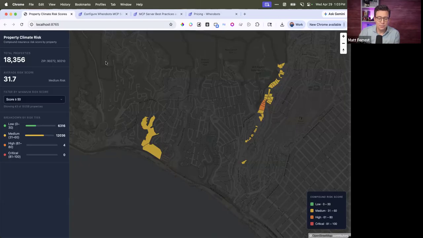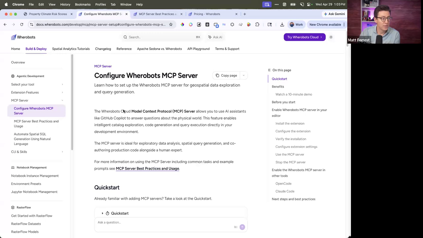And so this is what we're going to end up with. Now, how we're doing that is with our MCP server. If you're not too familiar with MCP, it basically gives an AI assisted agent